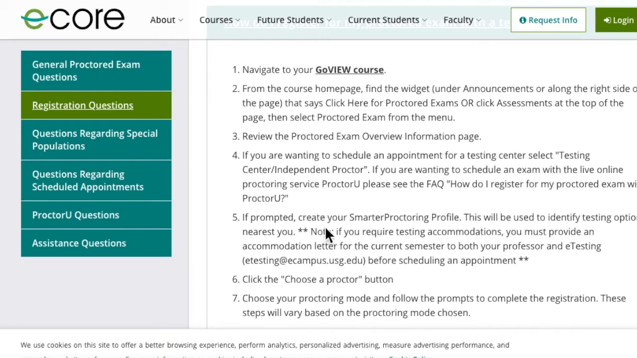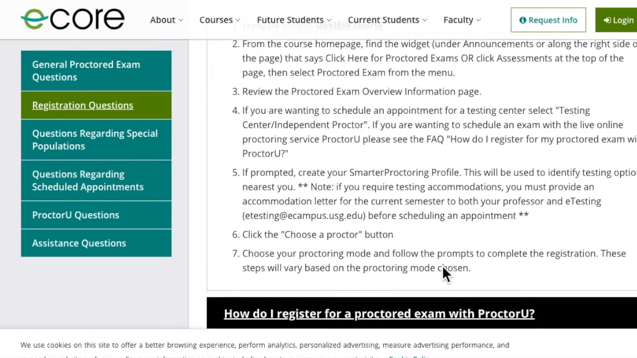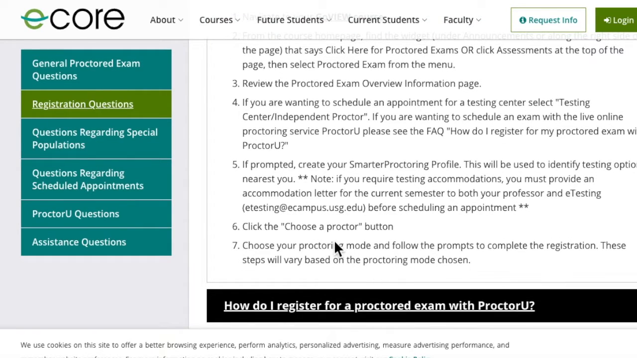Now, if prompted, create your smarter proctoring profile. This will be used to identify testing options nearest to you. If you require testing accommodations, you must provide an accommodation letter for the current semester to both me and eTesting, and there's the email address, before scheduling an appointment. Then you click the Choose a Proctor button, and you choose your proctoring mode and follow the prompts to complete